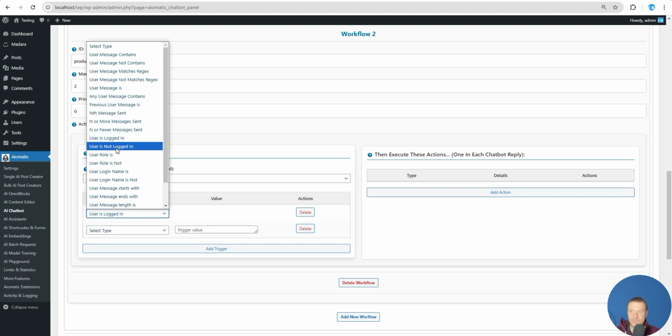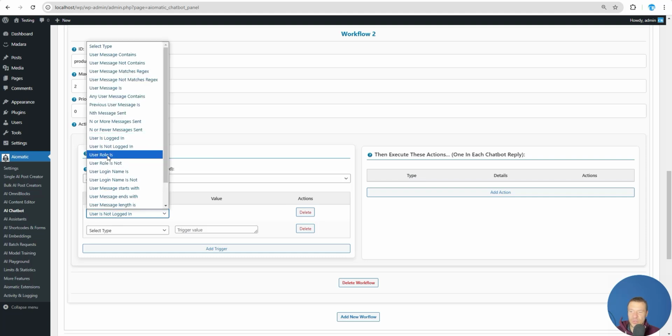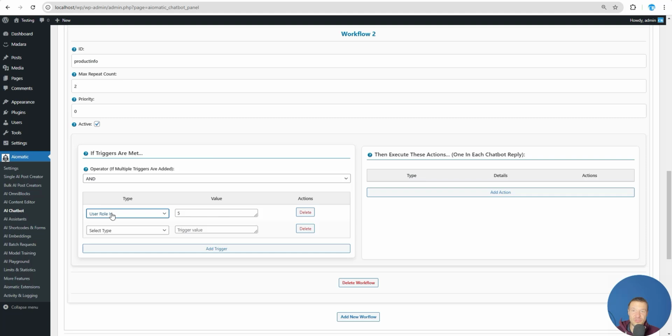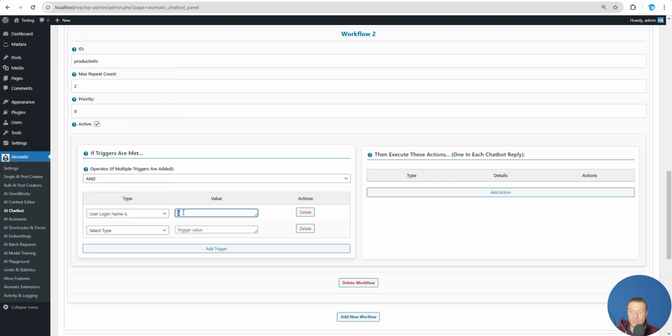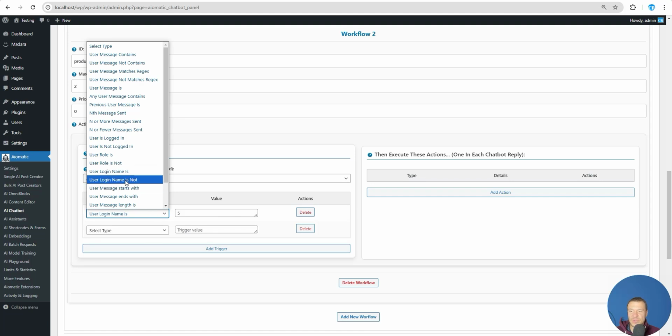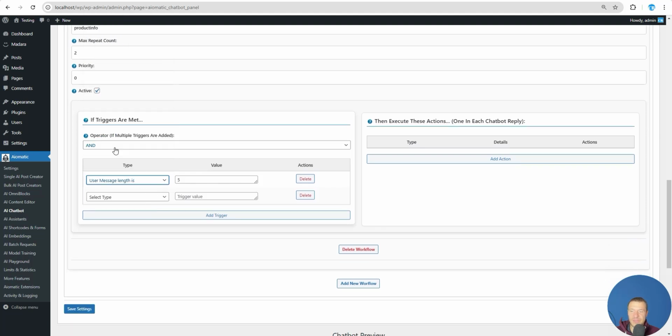User is logged in, or user is not logged in, so you can set workflows to be fired for logged in or for not logged in users. User role is or is not: if the user is an administrator or a subscriber, you can, for example, trigger a workflow for them and do things for them. User login name is or is not, so you can do things for specific users. User message starts with, user message ends with, or user message length is,